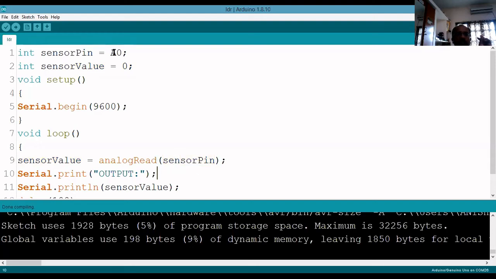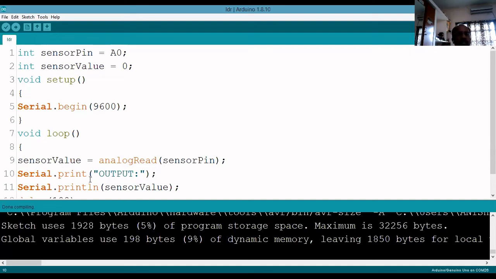Sensor pin is nothing but analog pin number 0. It will read the data from the analog pin and store the value in the sensor value. Variable means it is used to store the data in the memory. For that purpose, you are using this variable. First it will read the data from the particular pin and store it in the sensor value.